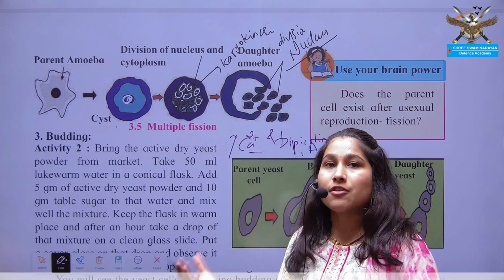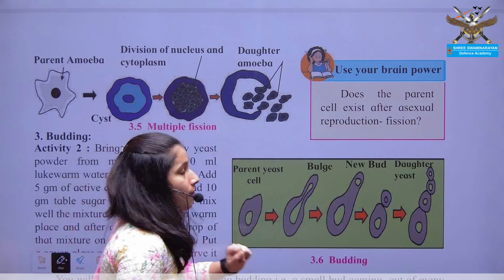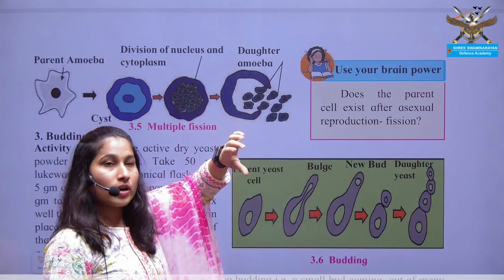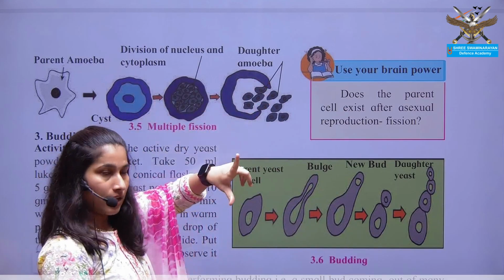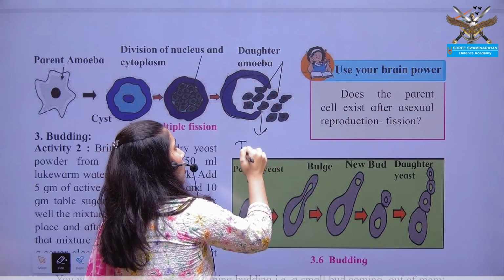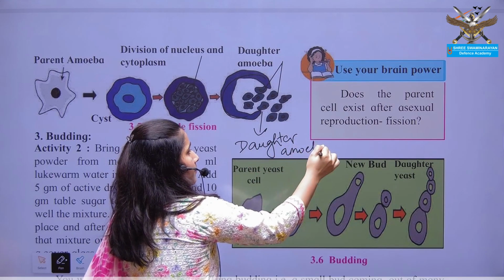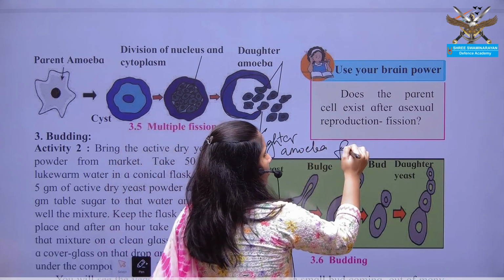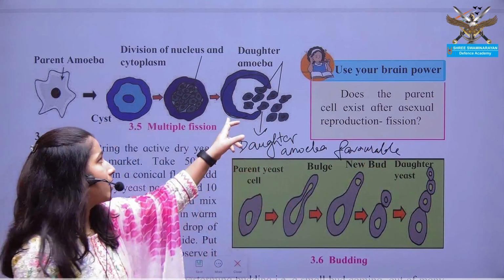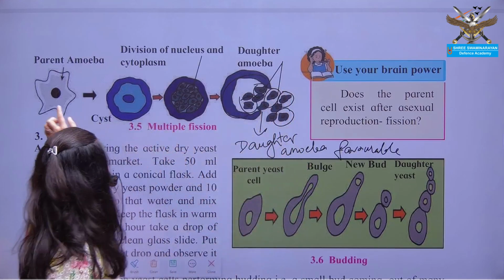And whenever the environmental conditions are favorable, whenever the amount of food is ample, in such condition the spore or the cyst form is ruptured. So from this ruptured cyst, many daughter amoeba come outside. From this cyst, in favorable condition, amoeba burst open and new daughter amoeba are formed. See how many amoeba are formed from a single amoeba.